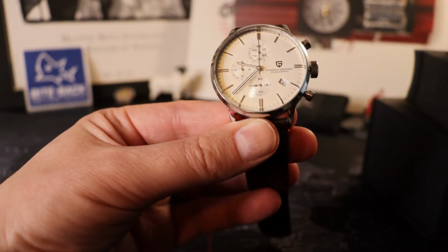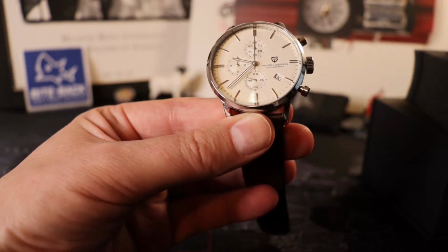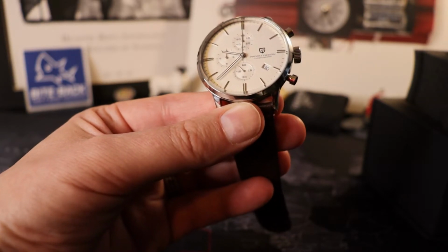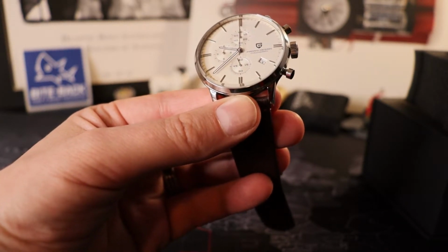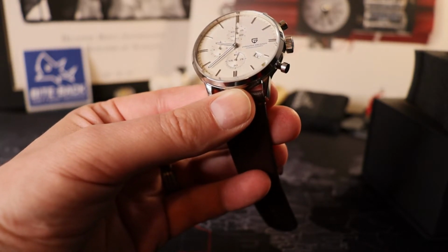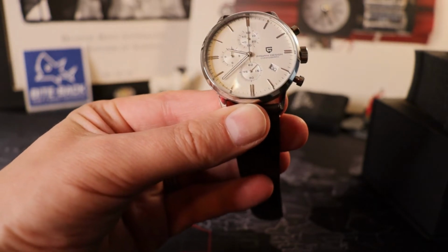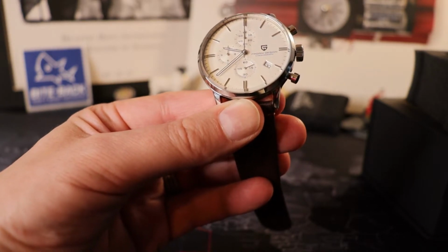Thinking back though, when I was looking at the watch when it arrived, it's actually the first chrono that I've owned in quite a few years. I usually put chronos in the same category as open heart watches. For me, essentially, they just feel like a bit of a visual gimmick or a fidget thingy, something to do when you're bored. I mean, does anyone actually really use chronos for timing things? I don't know, not necessarily on a watch like this, but anyway,